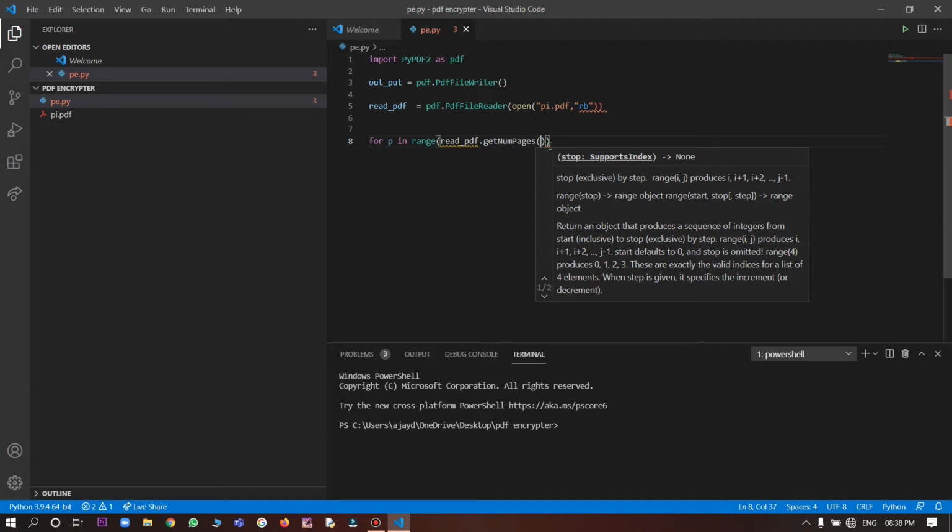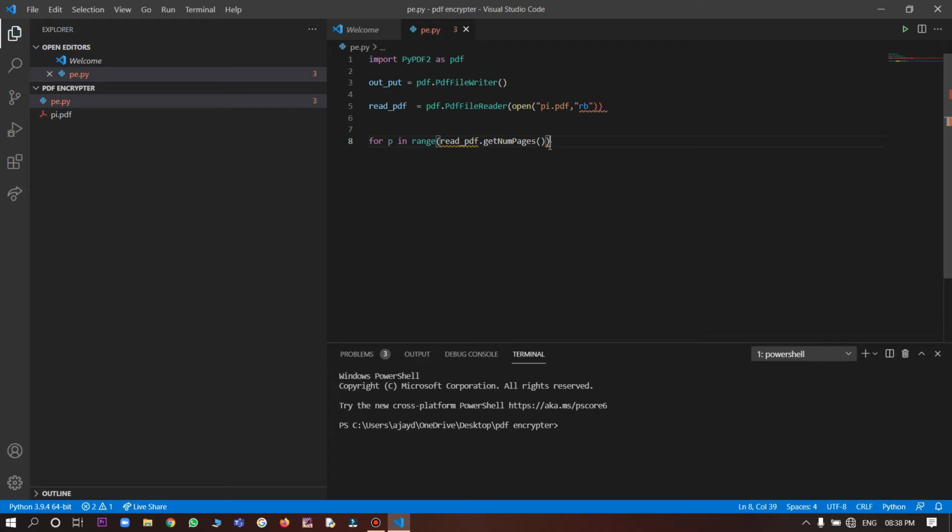and now we will do double bracket in the last line, and in the next line we will write output dot add page read pdf dot get page p, and hit enter,